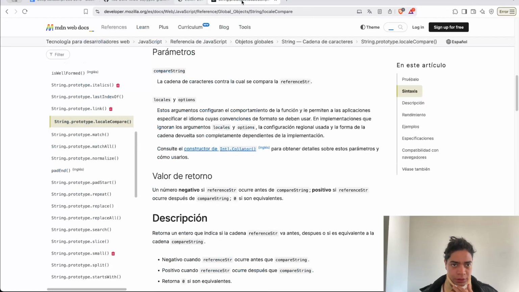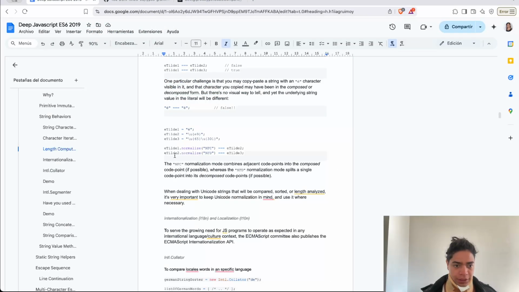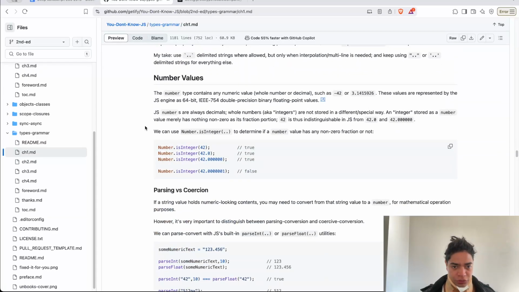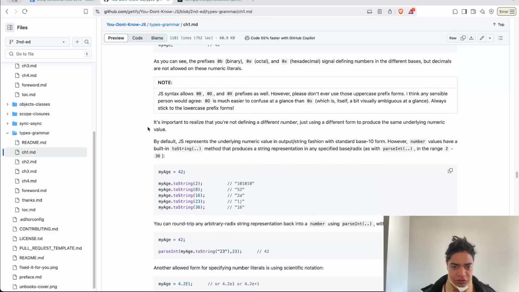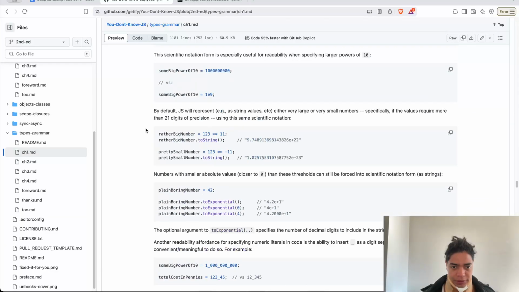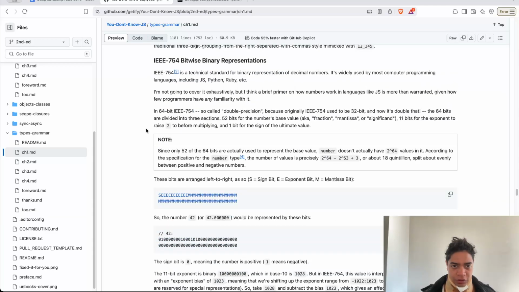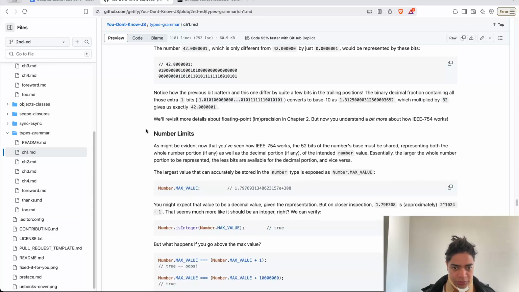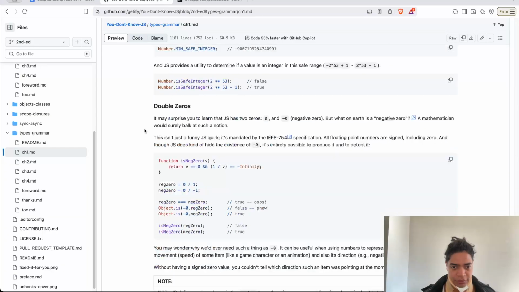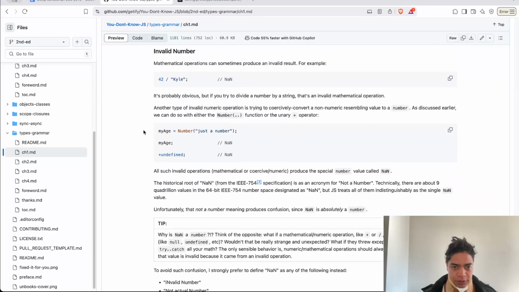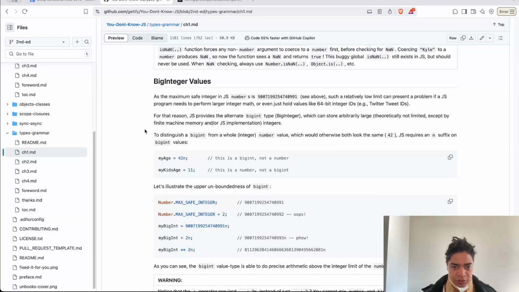Now that we went through all of this string behavior that we need to know, and the parsing versus coercion and the number values, which is quite an extensive topic, plain boring number to exponential, internationalization, binary bit representation of numbers, number limits, safe limits, double zeros, invalid numbers, big integer values,